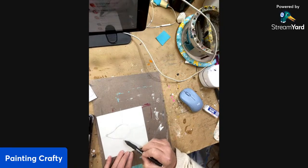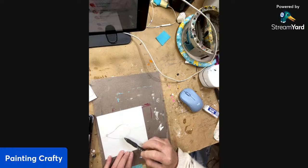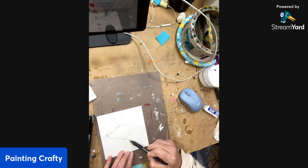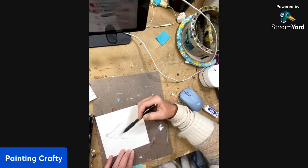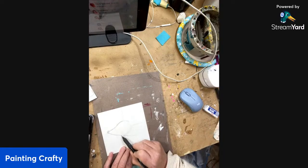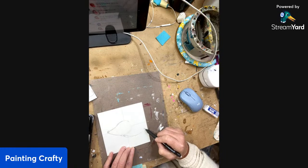So let's go ahead and look at our page here. We can come underneath here. We're going to drop it down. Now I'm working on, I believe this is like a 5.5 by a 5.5. So I'm going to come down. I'm going to swoop it down. Whoops, let's come a little lower with his belly. Here we go. We're going to come a little lower with his belly, and then we're going to swoop it around